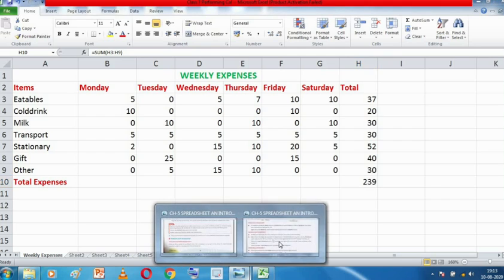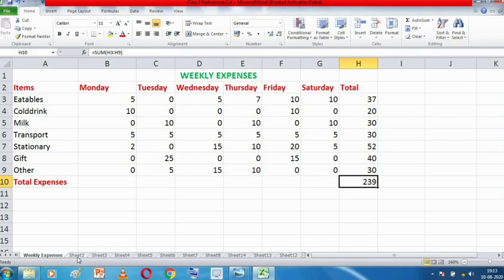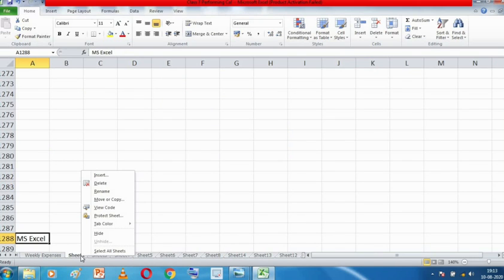Now one more method to change the name of your worksheet: right click on the sheet tab which is to be renamed and click on the rename option. Suppose I'll show you the next method on this sheet 2. I will right click on this sheet 2 and then see there is a rename option over here. Can you see this rename option?